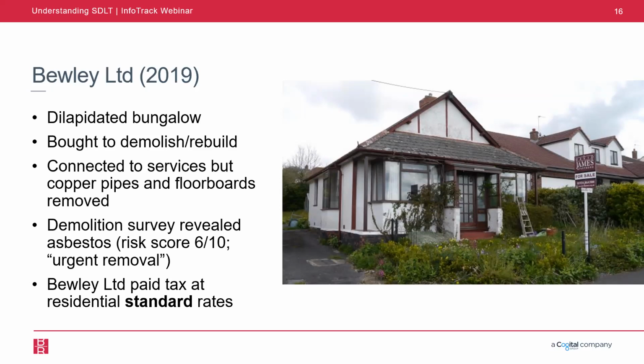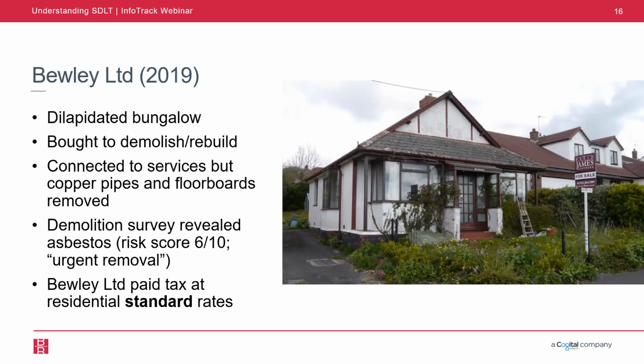So at the completion date, the property was connected to water, gas, electricity, the usual utility services, but importantly, the copper pipes for, I suppose, heating had been removed, as were the radiators and the floorboards. Also, really importantly, the demolition survey carried out by the buyer showed that the property had asbestos and ranked the risk of damage or injury caused by that